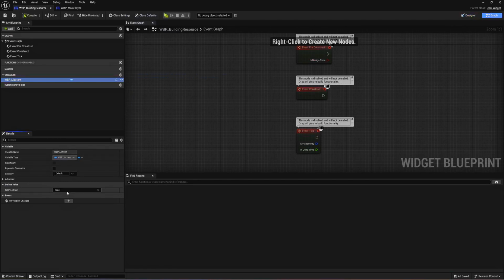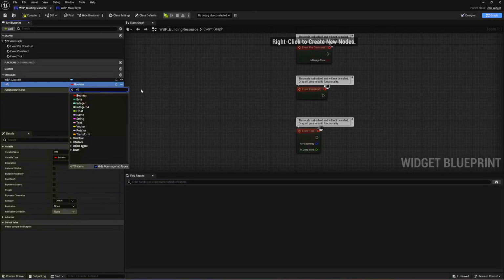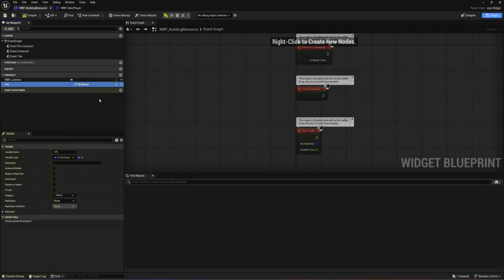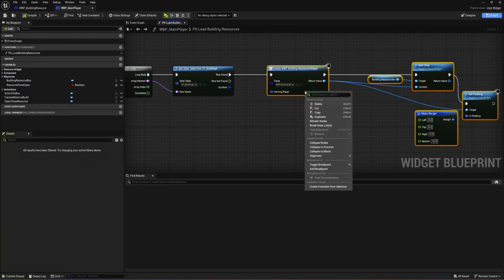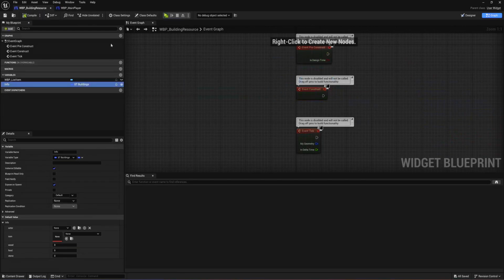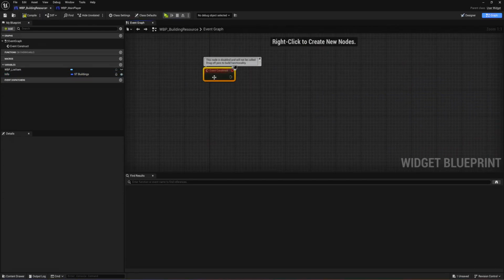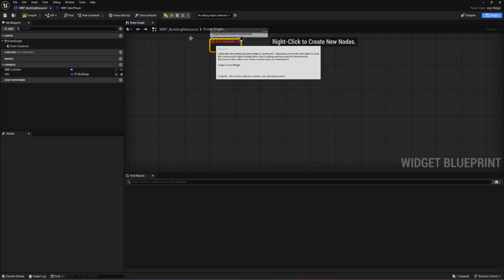So what we need here is to pass the info, right? And the info here is going to be called ST Buildings in this case. Make sure it's public and you expose on spawn. Compile and save. Now back to the player, all you have to do is right click and press refresh, and you drag the node right here. Compile and save. Now on the building resource, on the event construct, which means that once the UI is ready to receive events and stuff,